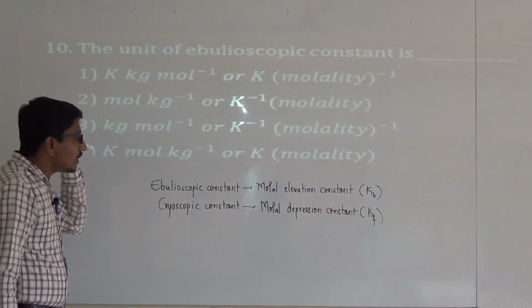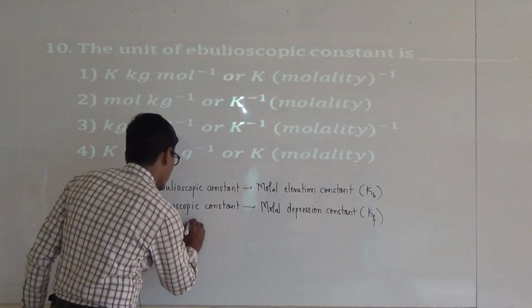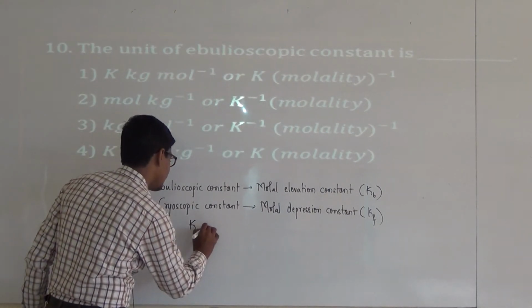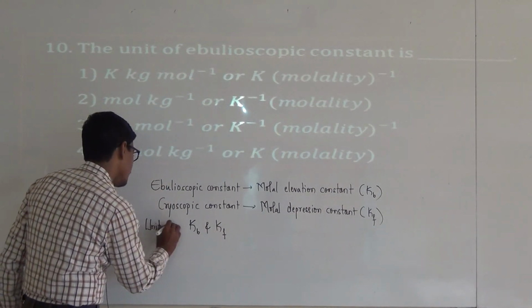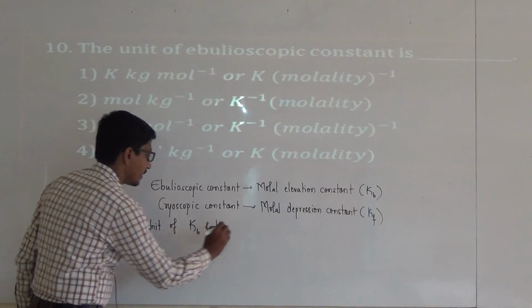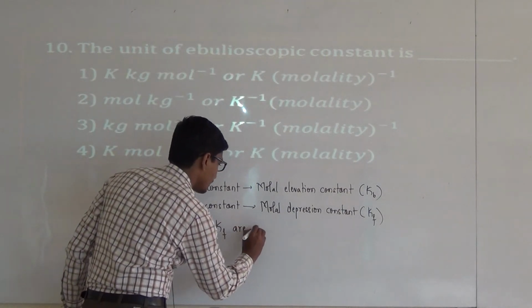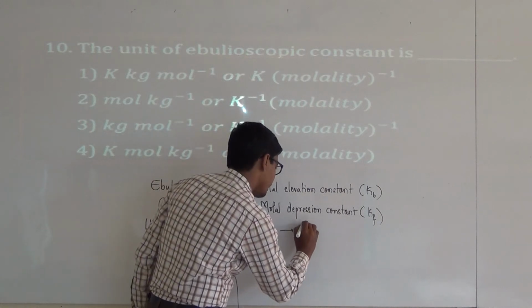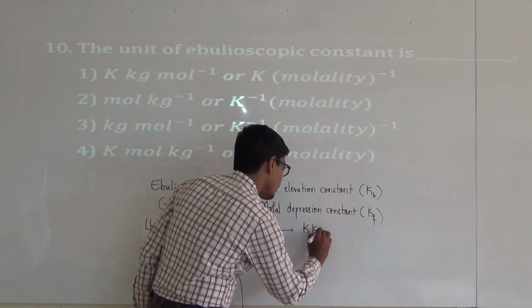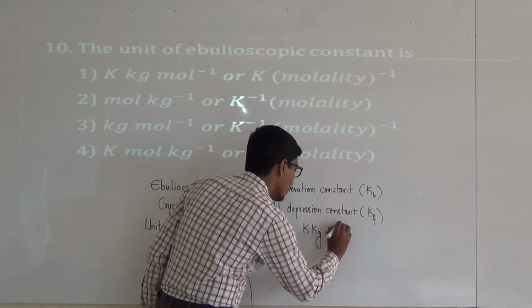And the units of Kb and Kf are the same. The units are Kelvin kg per mole or Kelvin